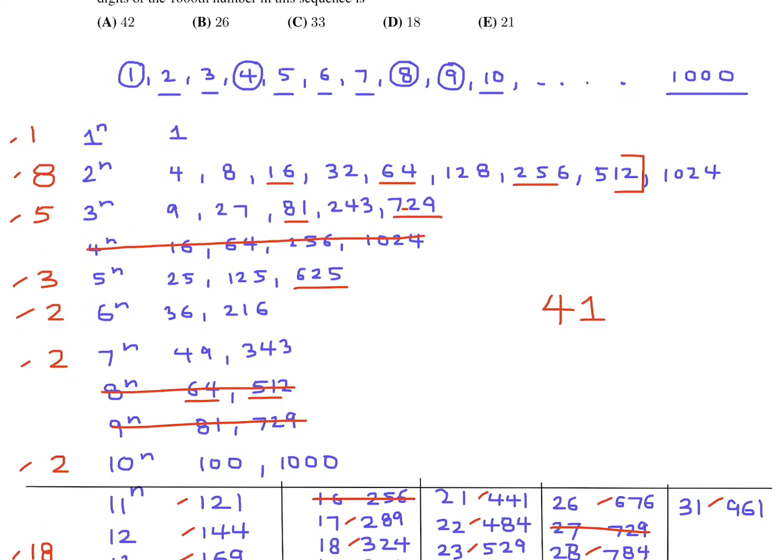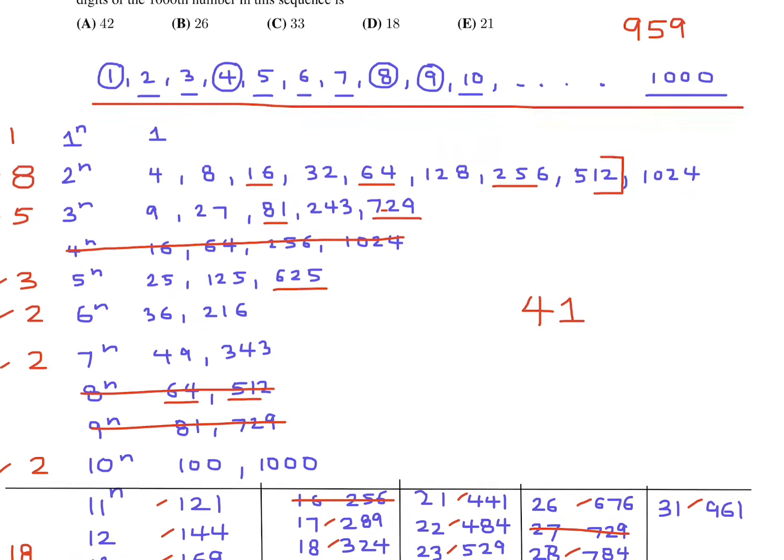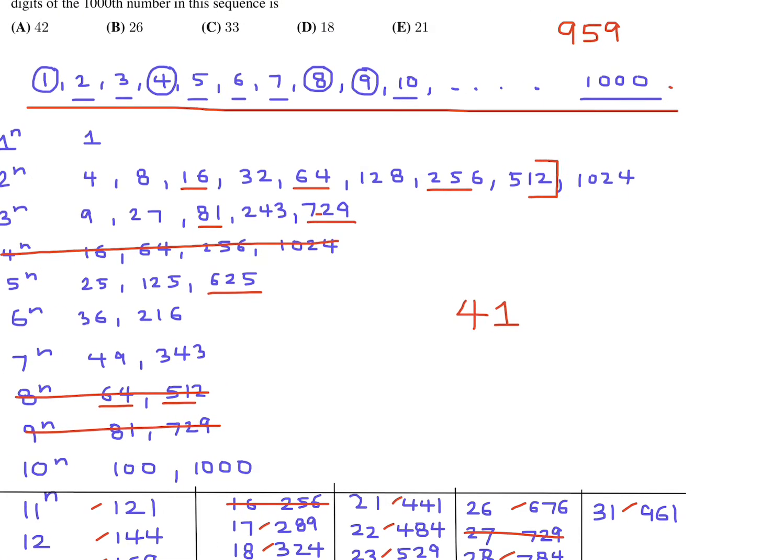So from 1 to 1,000, 41 of them I gotta get rid of. So if I do that, I'm left with just 959 numbers, correct? Now I've got to get up to 1,000. Okay, no problem. That means that this list has to go up another 41 to account for those numbers that I took out. So it's got to go up to